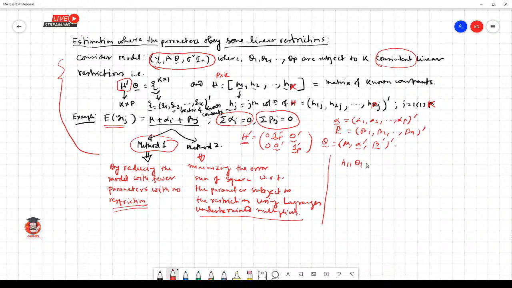H11 theta 1, H12 theta 2, HP1... sorry, it should be H11 theta 1, H21 theta 2, HP1 theta P equal to xi1, H12 theta 1, H22 theta 2, HP2 theta P equal to xi2,